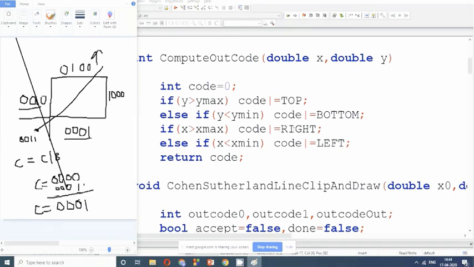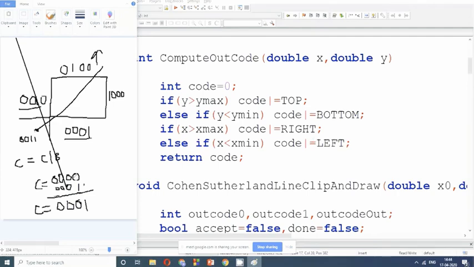Right now my C value, code value is 0, 0, 0, 1. So please bear with me with this handwriting. I am writing using mouse. So 0, 0, 0, 1 is assigned. Now I will go and see if my x of this point is in right region. It is not. So next I will see if it is in left region.